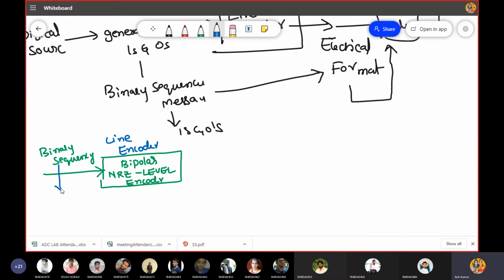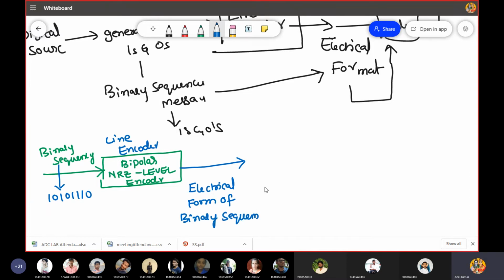So ones and zeros, a binary sequence is nothing but ones and zeros, like 1 0 1 0 1 1 0. These ones and zeros are first given to this line encoder. Now this is the electrical form of the binary sequence, which is nothing but your B of t. And this B of t is now given to the